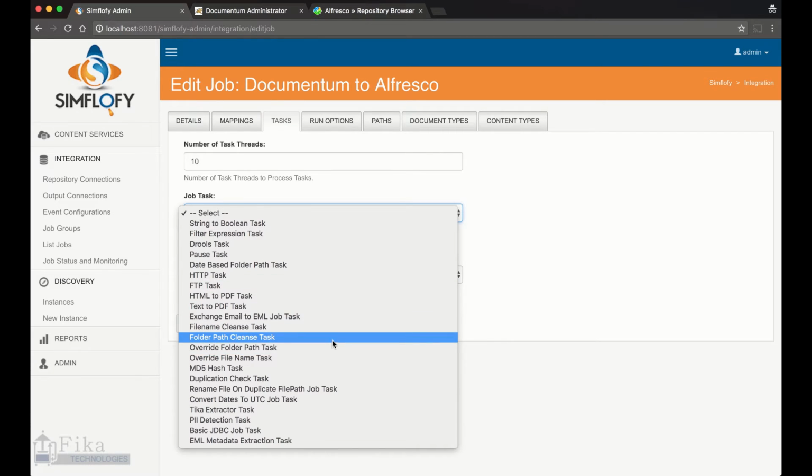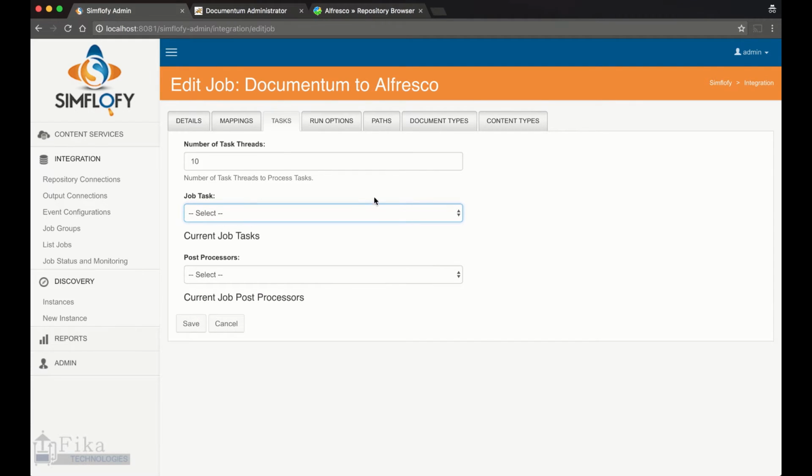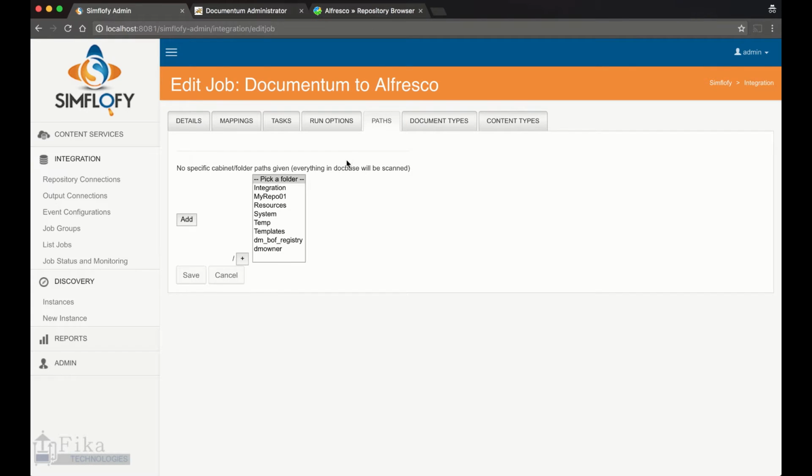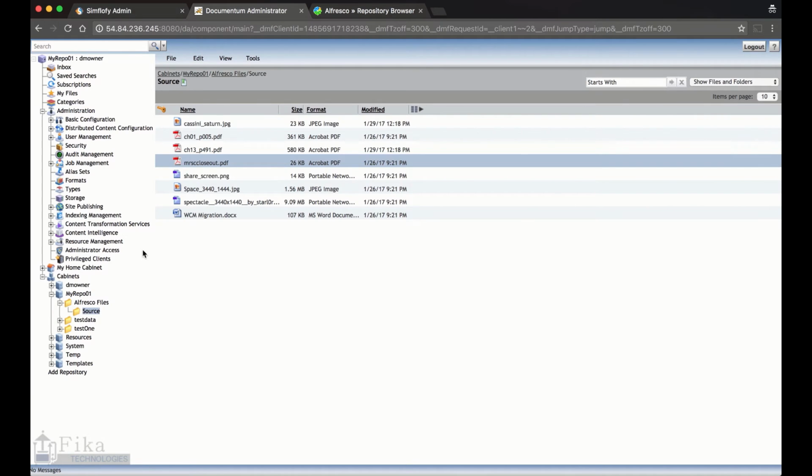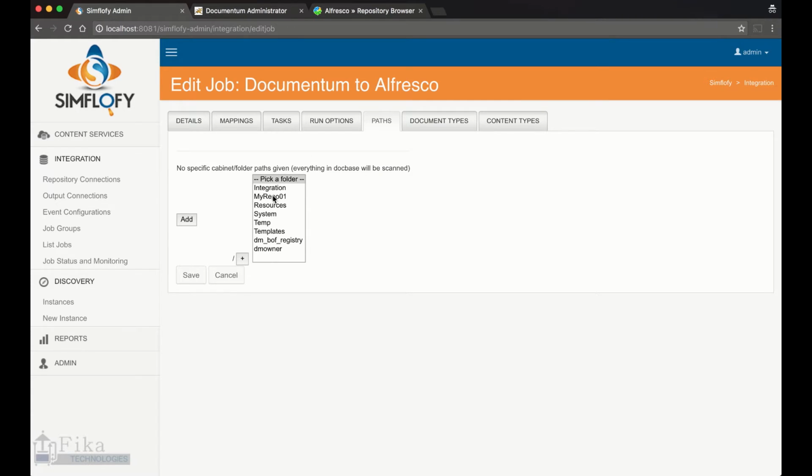So a lot of very useful tasks come out of the box, but the best part is that this is very extendable and it's very easy to customize. So again, we're going to leave that alone for now. I do want to make one change, and that is the path, because I only want to copy content from the source directory in Documentum. So I'm going to add that path